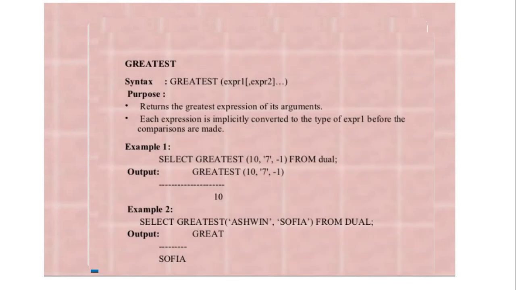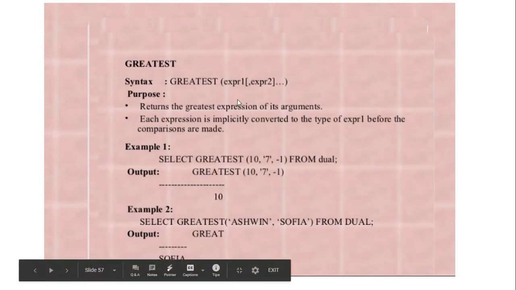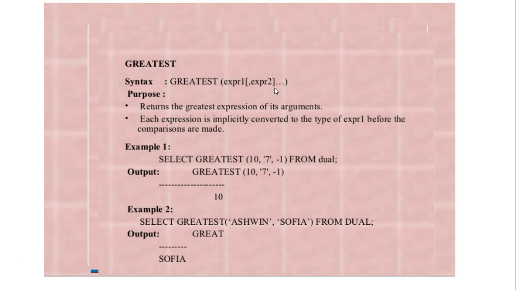The next function is greatest, that returns the greatest of the expressions given as input. When we compare it with the max function, max is basically a group function that is applied on columns only.